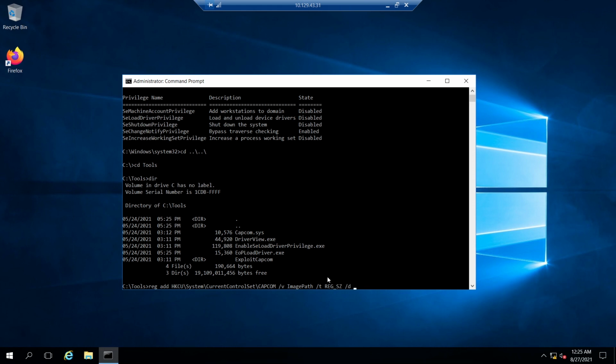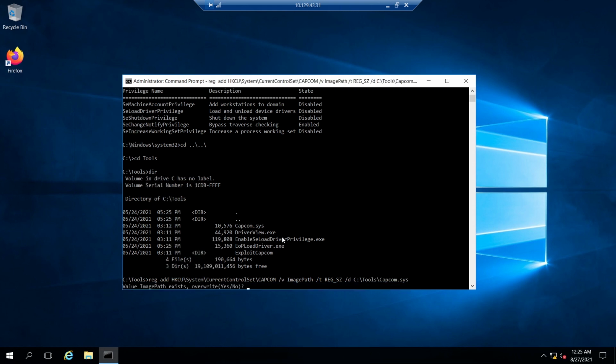And the data of this value should be this one, C:\tools\capcom.sys. Okay, the path has already been there. Now we need to override this one. Now type yes and hit enter.